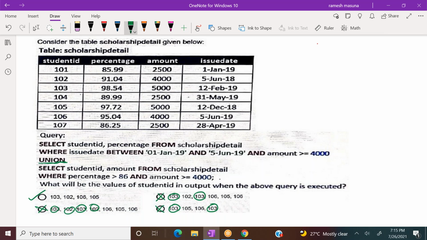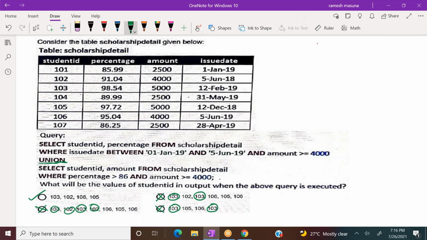Forget about the exact answer of the question. So what is the answer? Option A. You know that union eliminates the duplicates, so you just check the options. In all the options except option A, we have duplicates. Because union eliminates duplicates, you can say the answer is option A. If you don't know, you have to evaluate the query. That will take time. So sometimes instead of hard work, smart work definitely works.